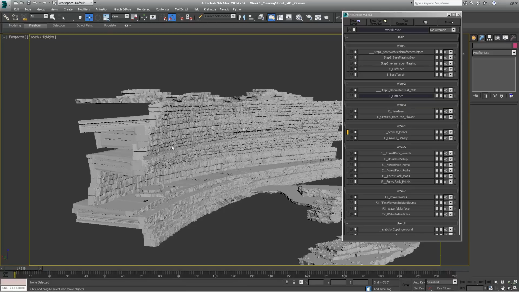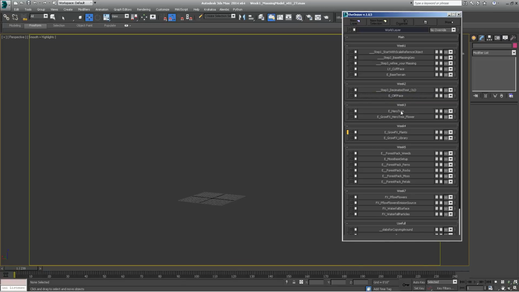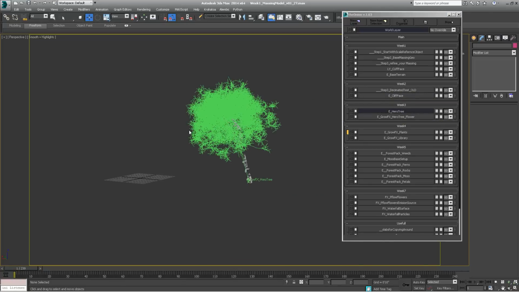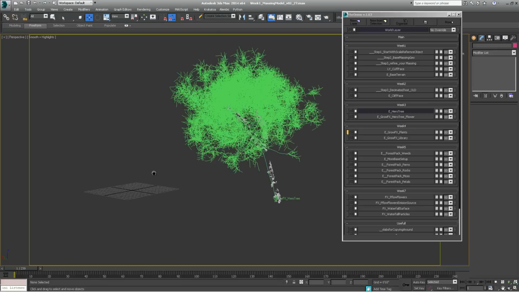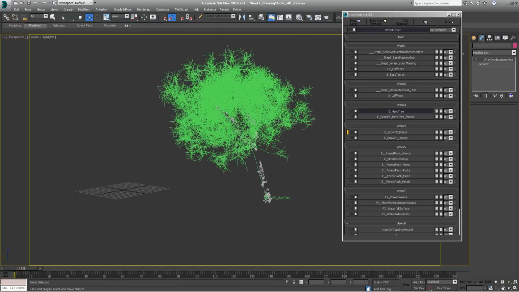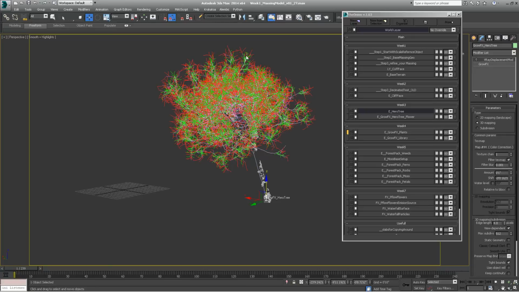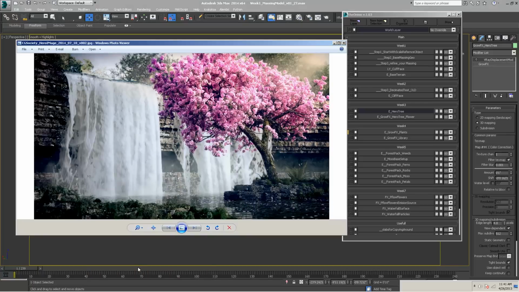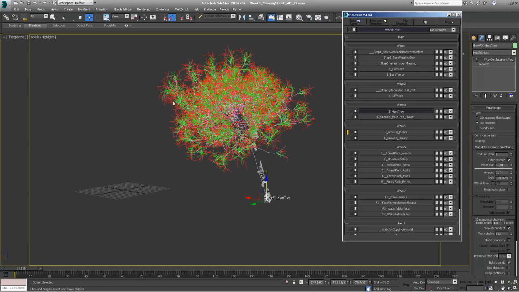We'll be sculpting, and I'll show you techniques in ZBrush, lots of different techniques for doing very hard surface kind of organic type things. After that, we'll be doing hero vegetation, and this is grow effects, and this is the tree as it rendered. One of the reasons why I really like grow effects is that in viewport it's very, very light, and it basically just looks like splines. But then at render time,